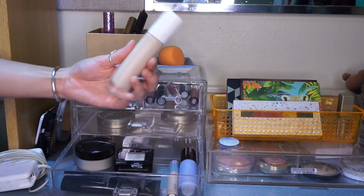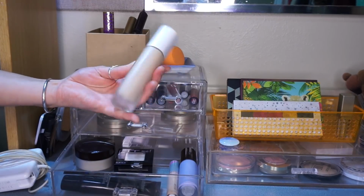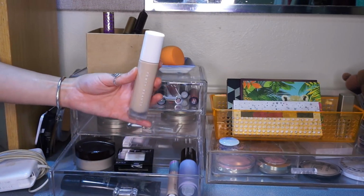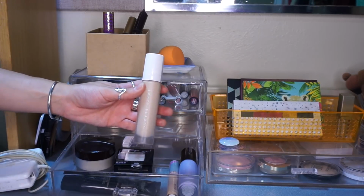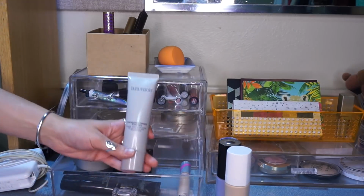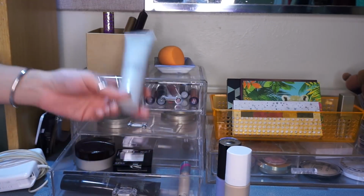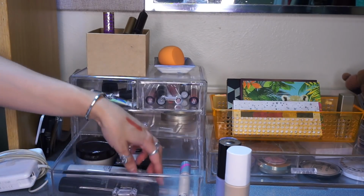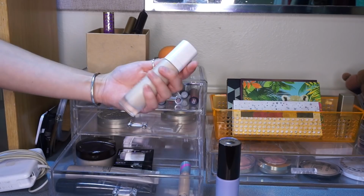For this month, I'm going to go back to my Fenty Beauty Pro Filter Foundation in the shade 150. I haven't used this regularly in a long time because I didn't wear foundation regularly all summer. And I will be using it with the Becca First Light Priming Filter, but I also want to use the Laura Mercier primer with the foundation and see how it goes. So that is what I'm going to focus on, and I do think I want to try to use this every day because